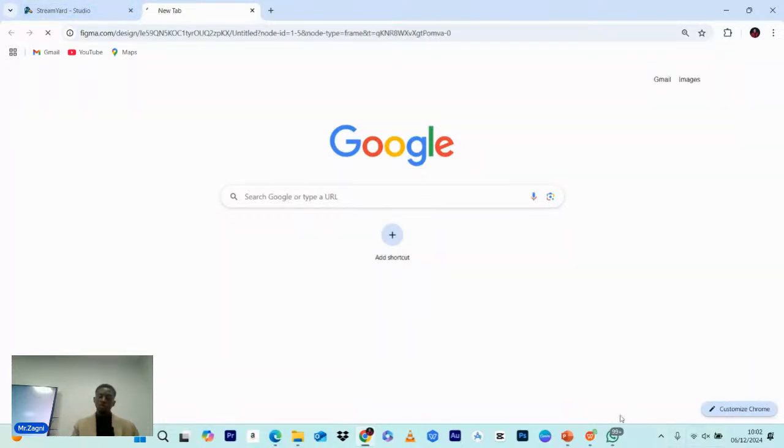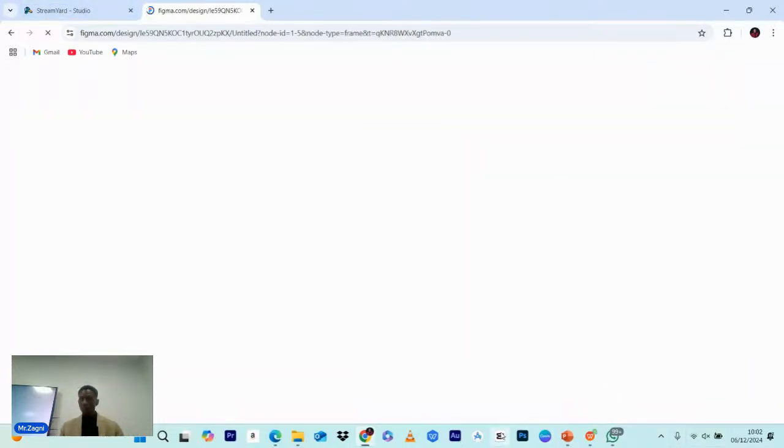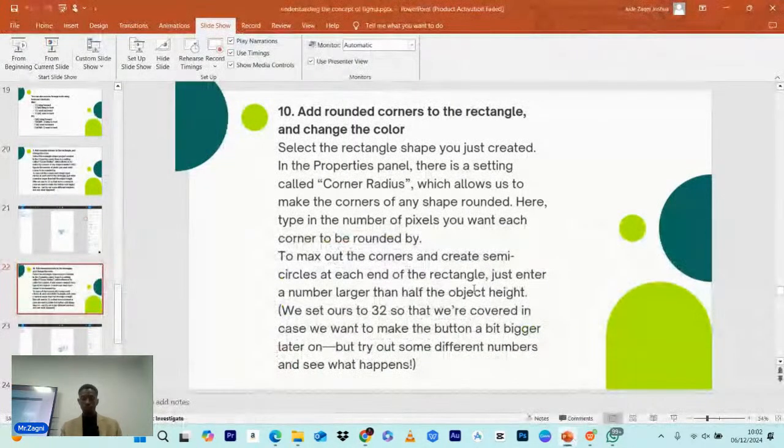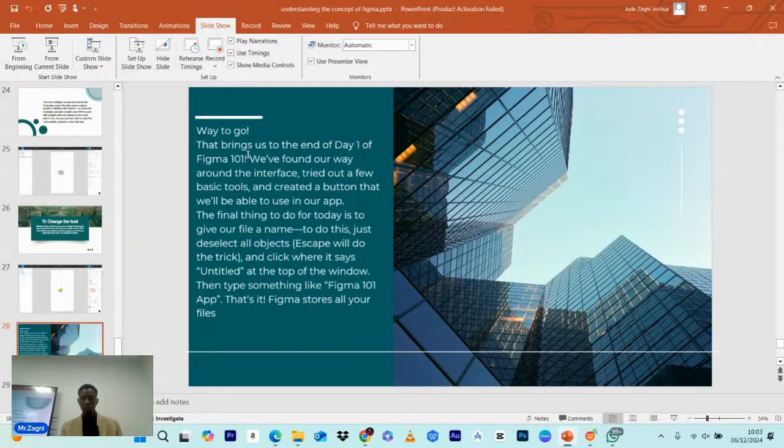Oh, yeah. So you go up, go to that, what is it called? I can't believe I didn't show you that. So what you do is bring it to the end of Figma 001. You found ways around the interface. Tried